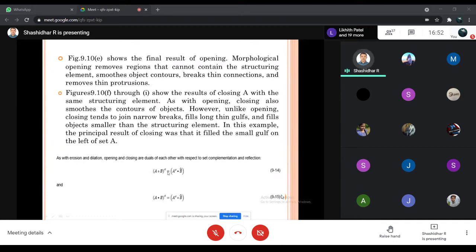So the complement of A opening B is equal to A complement closing with B cap, where B cap means B reflection. Same thing for closing: the complement of A closed with B is equal to A complement opened with B reflection.